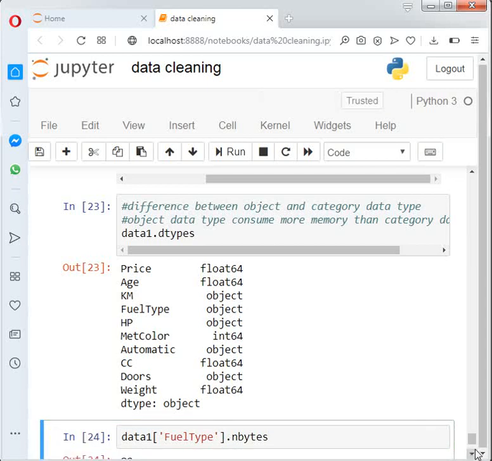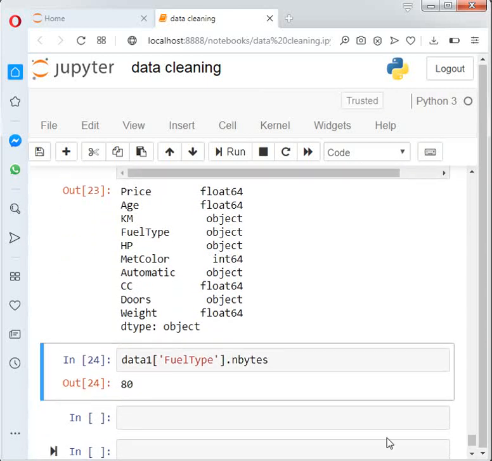I execute it, and the result is 80 bytes. The fuel type column consumes only 80 bytes because in data1 we have only 10 records, so 10 values of fuel type consume 80 bytes.